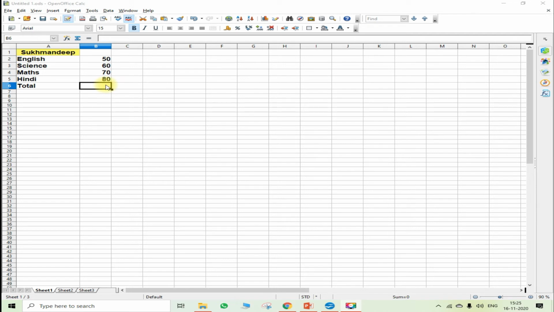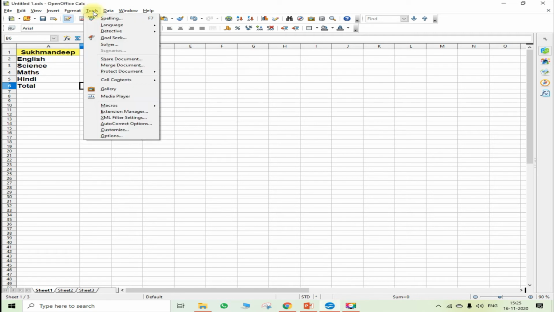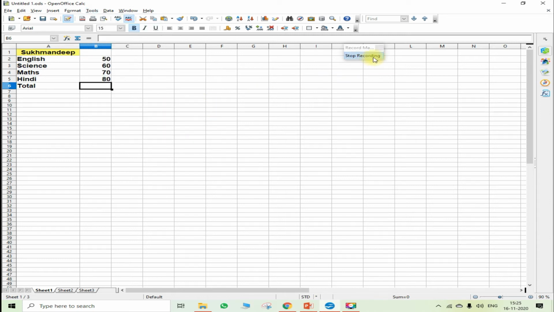So what I'll do is I'll just go in Tools. In Tools I have the option Macros. I'll click on Record Macro. So when I click on Record Macro, I'll get a dialog box over here, where it is written Stop Recording. So first of all, I'll just add up these numbers.